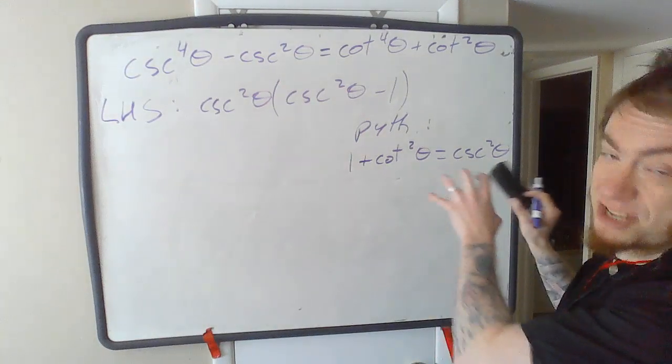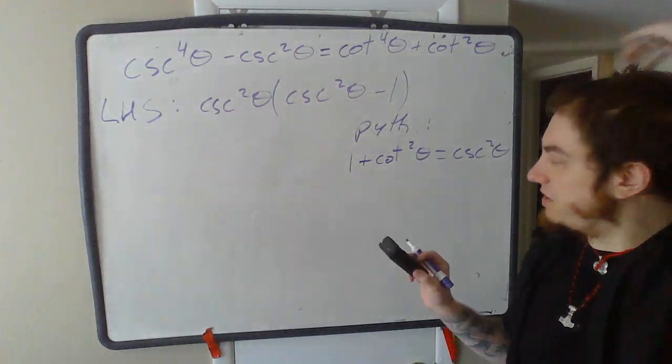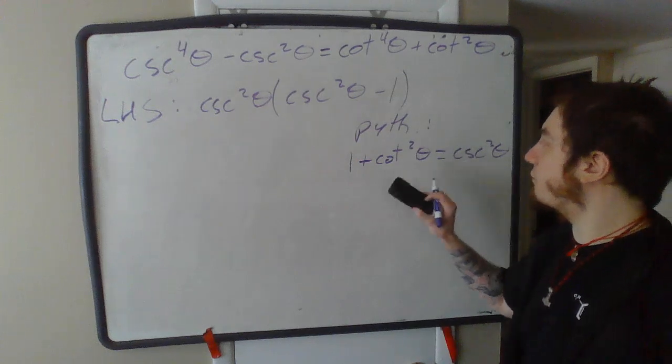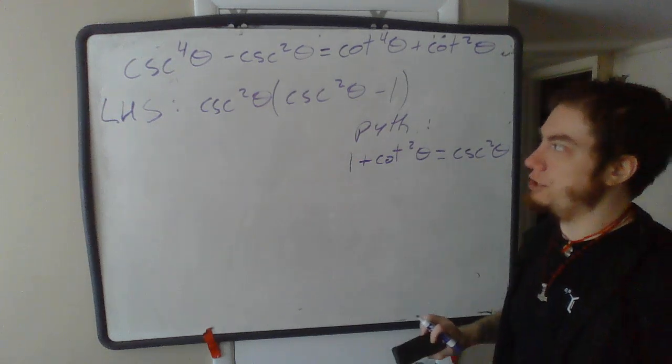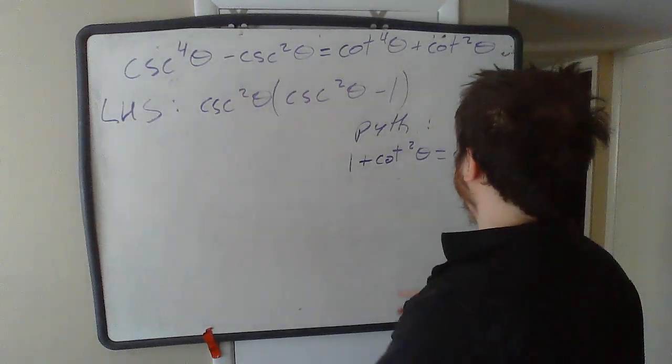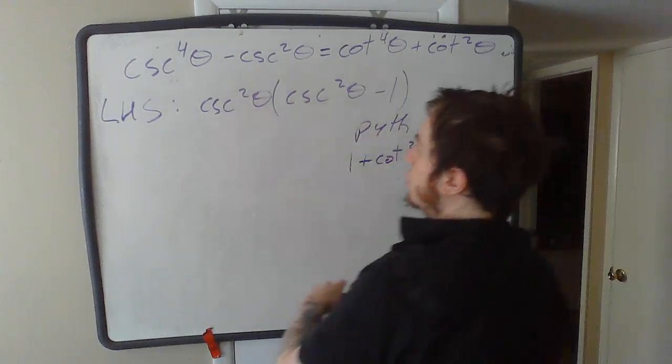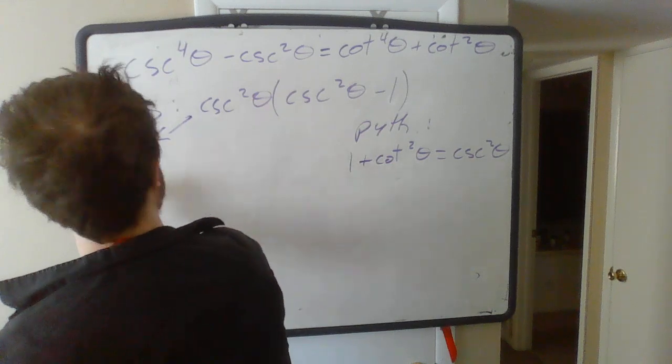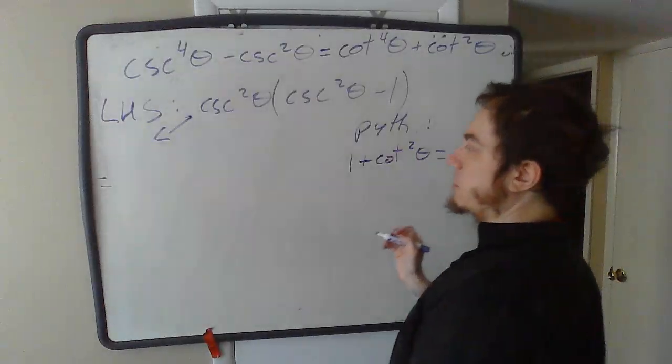So remember, there's the three different forms of the Pythagorean identity, and one of them relates to cotangents and cosecants. So now what I can do is I can replace this cosecant squared with 1 plus cotangent squared,